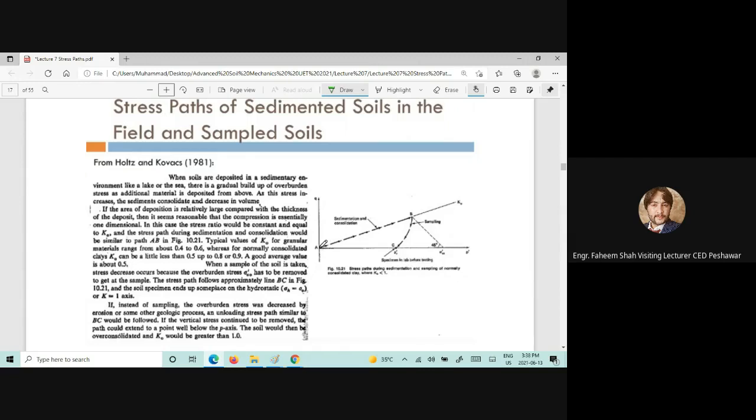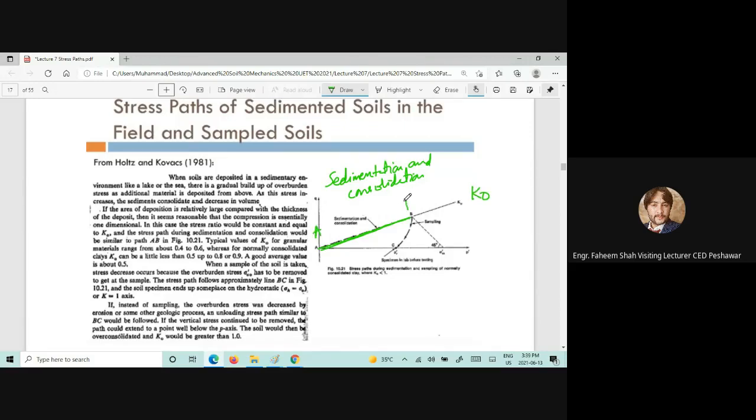If the area of deposition is relatively large compared with the thickness of the deposit, then it seems reasonable that compression is essentially one-dimensional. In this case, the stress ratio would be constant and equal to K naught, and the stress path during sedimentation and consolidation would be similar to path AB in figure